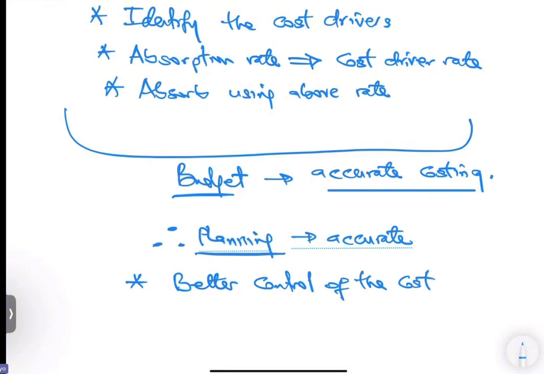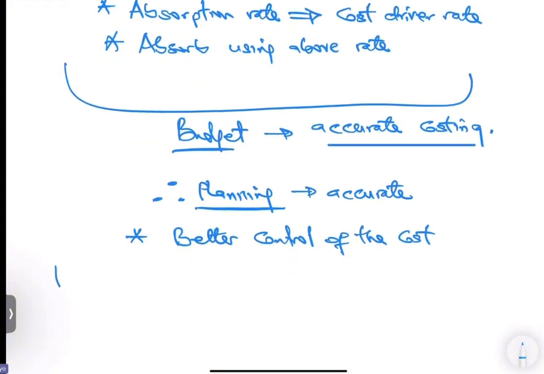Remember, when we did ABC, it's part of the advantages of ABC as well, that the more we understand our cost, the more we're able to control it. Because more understanding means that we know the cost drivers. We know the activity that is making us incur more. We know the activity that if we can reduce, our cost will come down. So that helps us to control our cost even better.